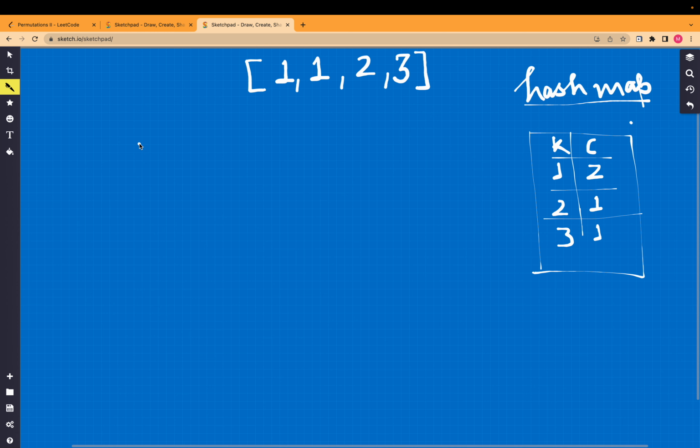So now we will see the distinct elements from the hash map, that is 1, 2 and 3, and now we will take out its permutation. So if we are using 1, our count will decrease and its count becomes 1. Then if we are using 2, its count will become 0, and then when we are using 3, here we got 1 permutation, which is 1, 1, 2, 3, and this count also becomes 0. And now when we'll backtrack,